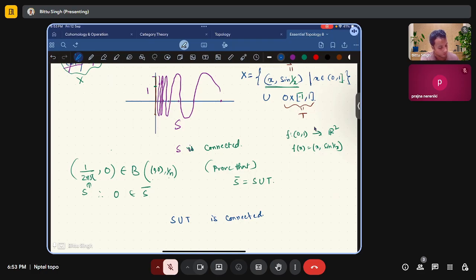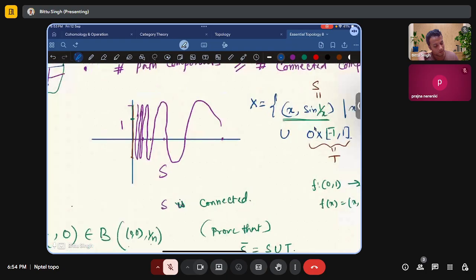Then it is clear that S union T, that is X, is connected. In other words, the number of connected components equal to 1. But in this example,